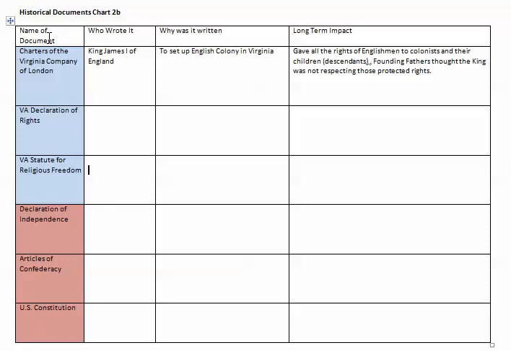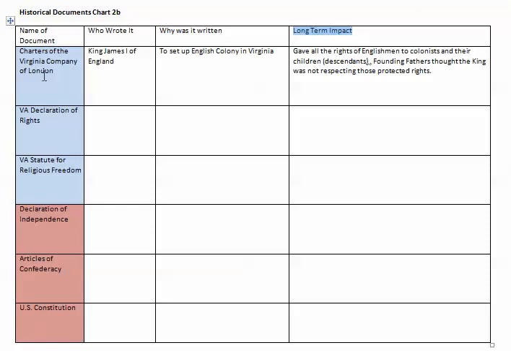And there's also rows, and rows go left to right, or right to left. They go across. And let's see how many rows there need to be. There's 1, kind of a small one, and then 6 more. 1, 2, 3, 4, 5, 6, and they're all about the same size. And let's see, what are we going to label this? At the top, this is our title row. This is name of the document, who wrote the document, why was it written, and the long-term impact of that